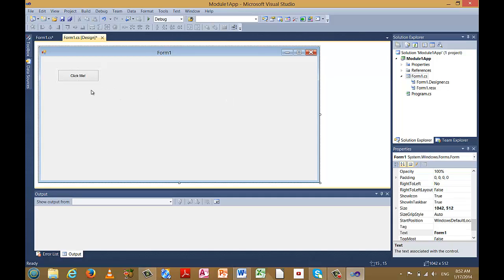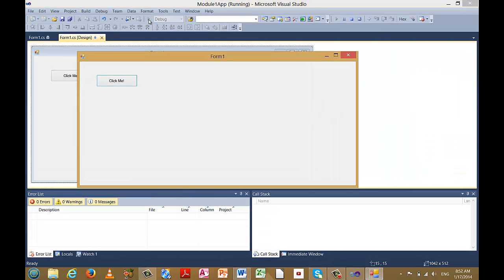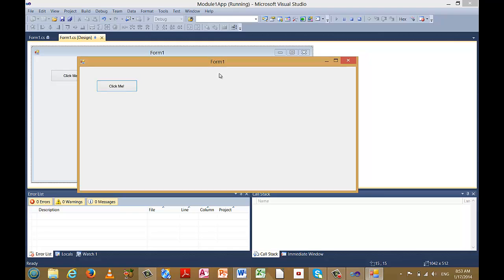All right, so right now I'm in design mode, and I'm providing instructions to the software but I haven't actually translated these into binary format, and I haven't given this binary set of instructions to the computer to execute. To do that, in Visual Studio, I go to the toolbar, I find the Start button, click, and it'll automatically translate the program code. And now this window